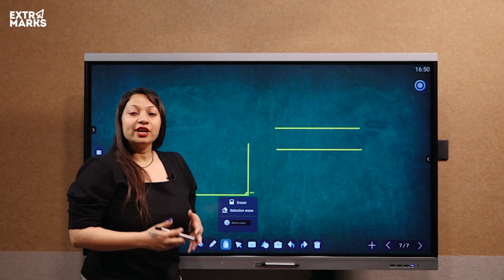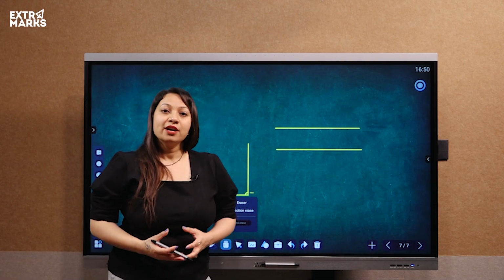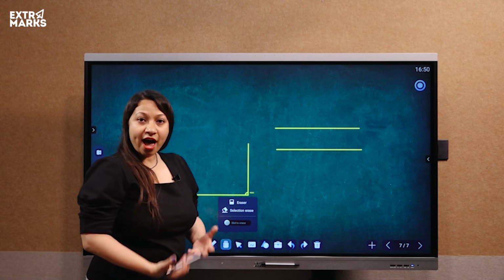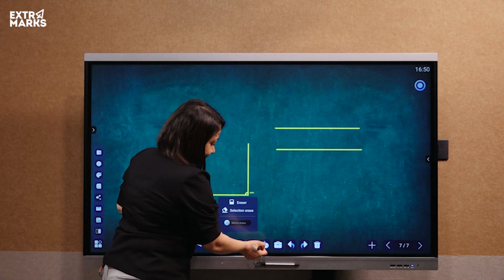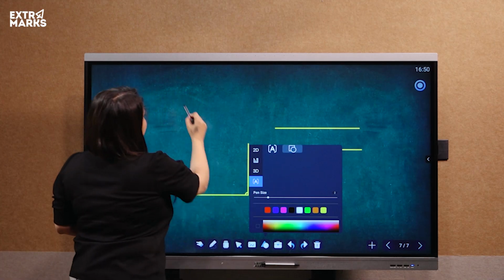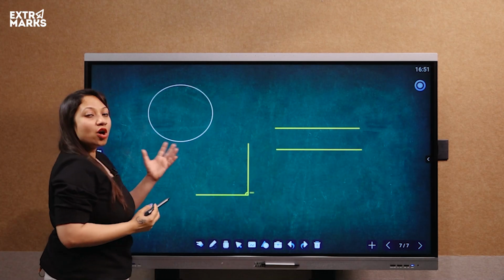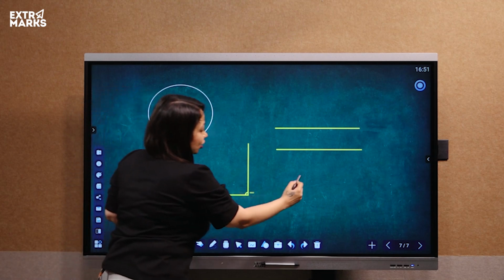As a user, if you would like to use text correction and shape correction options, the whiteboard has that feature as well. So let's say I'm drawing a circle, the system will autocorrect the same. A triangle.